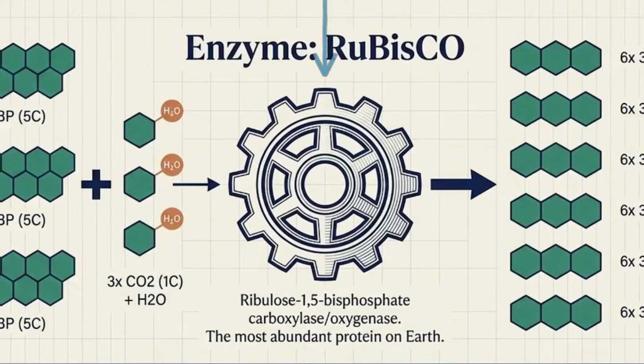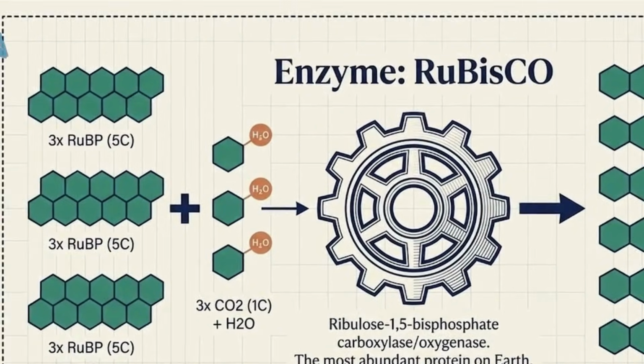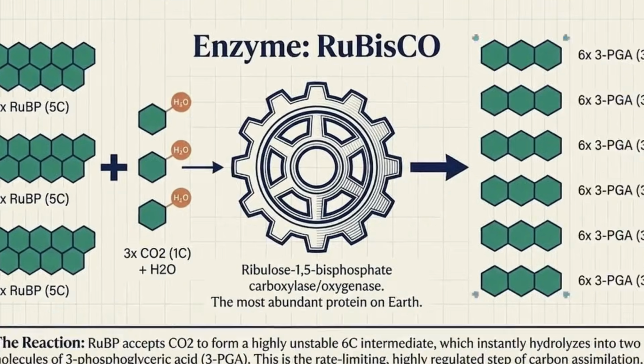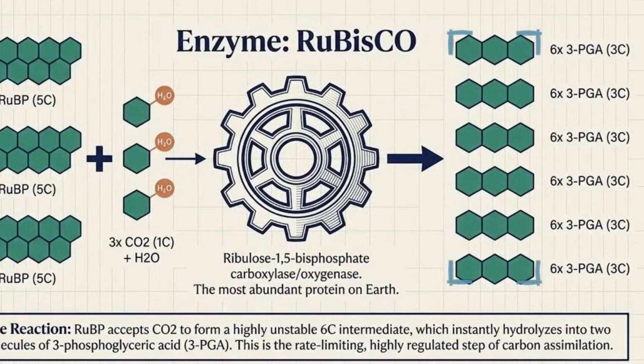This schematic illustrates the enzyme RuBisCO, represented here as a gear. It is the most abundant protein on Earth, and it performs the heavy lifting of carbon assimilation. Its job is highly specific. RuBisCO takes a 5-carbon molecule called RuBP and merges it with a single 1-carbon molecule of CO2 pulled from the atmosphere. That merger creates a highly unstable 6-carbon intermediate, which instantly splits to form 2 stable 3-carbon molecules known as